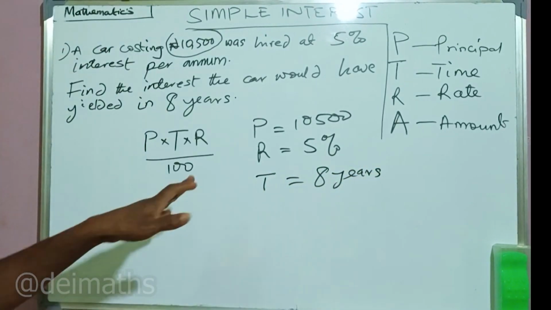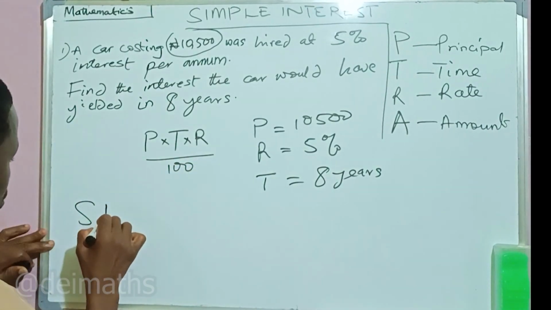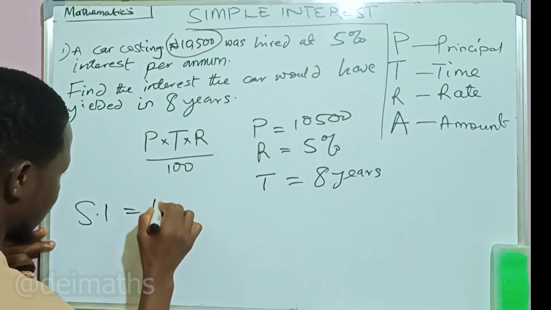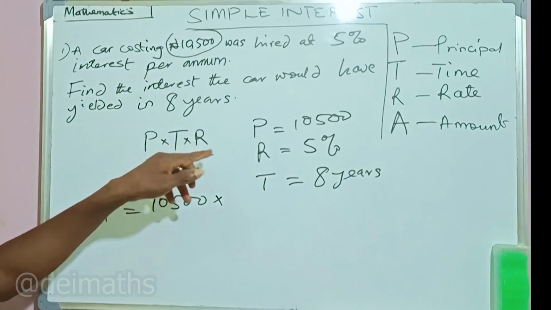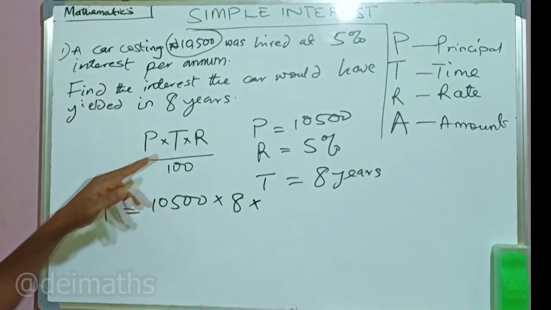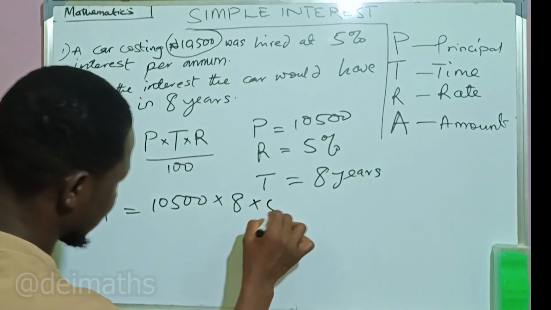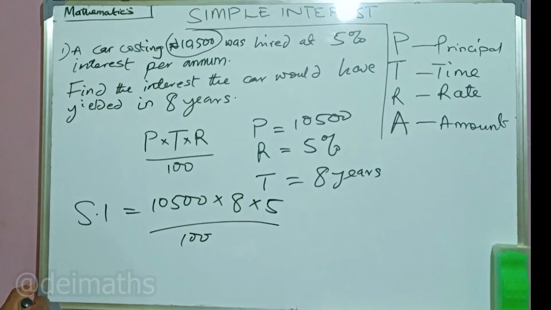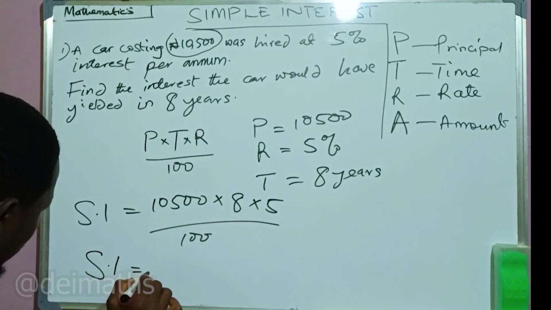So, if we apply this to our formula, we know that our simple interest is equal to our P, which is 10,500, times our T, which is 8 years, times our R, which is 5%, all over 100. Therefore, our simple interest is equal to,